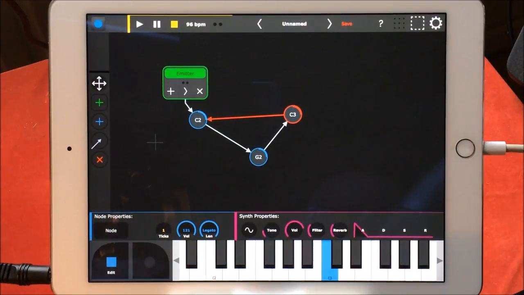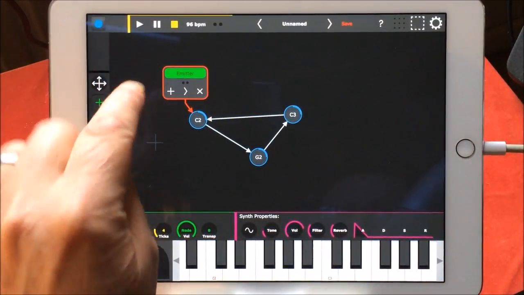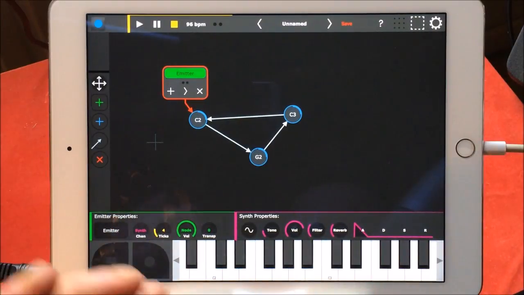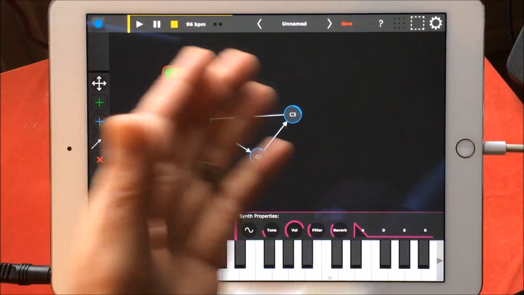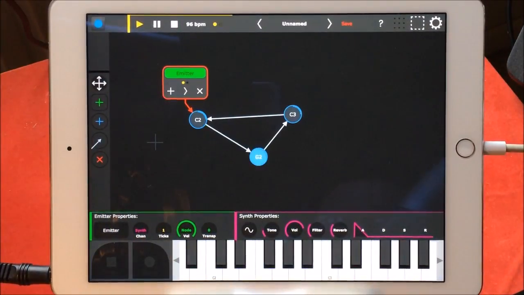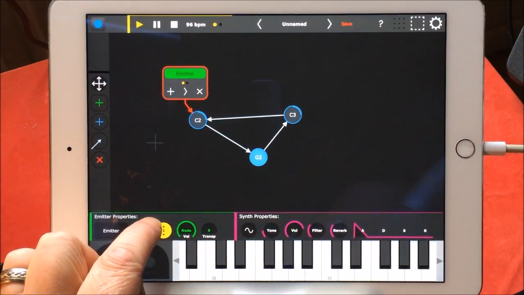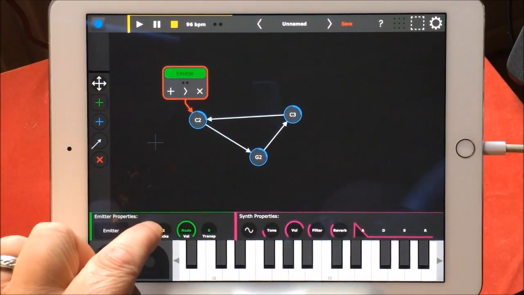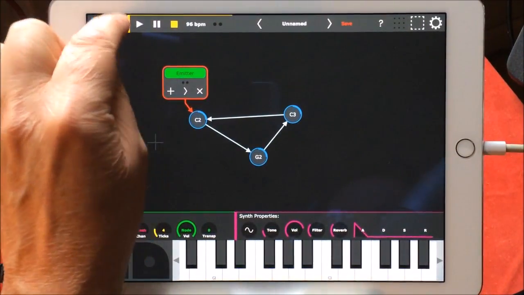Now you can see that I have the emitter selected here, and you can see that it says 4 ticks. The lower the ticks, the faster it'll go, but it will be synced to the tempo sort of thing. Okay, so if we set that emitter to 4 ticks again,